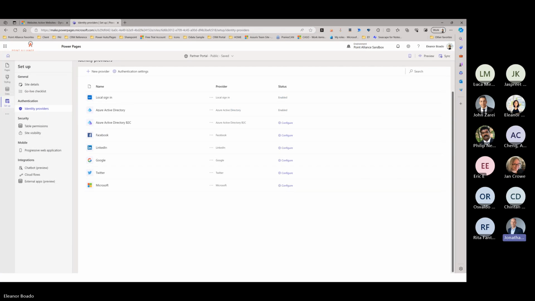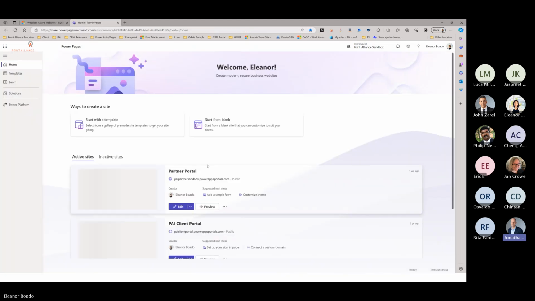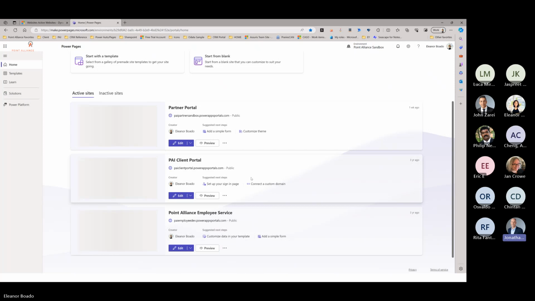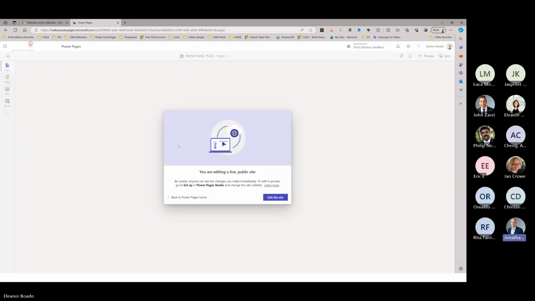I think there's a couple things to remember. One, in portal pages, and as you saw some of the pop-ups on Eleanor's screen, it's going to ask you if this is a public or private site. So you are able now to build public-facing websites using Microsoft portal pages that are not connected to D365. So if you want a simple way to stand up a WordPress-like website, you can build that in portal pages,